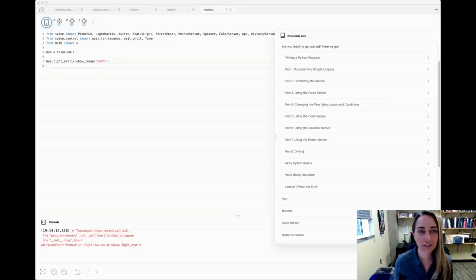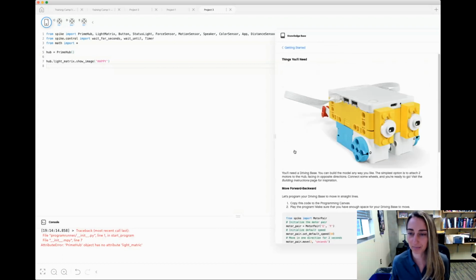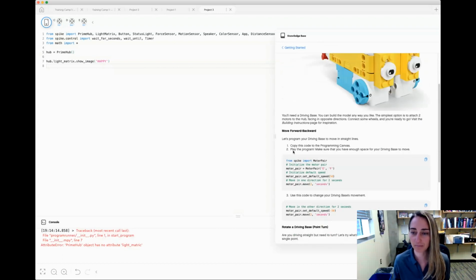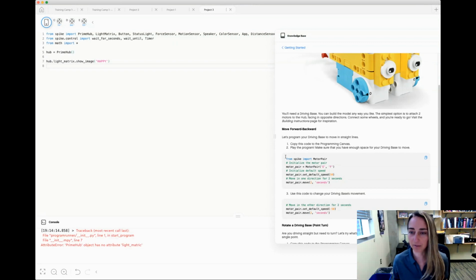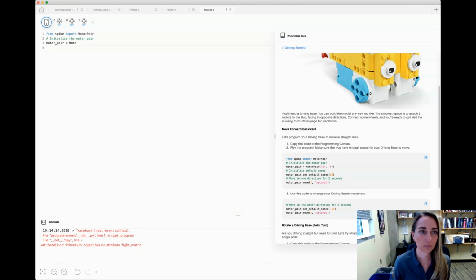Okay, I'm going to quickly show you how I go from this example program to getting a rover driving using Python. So in the previous video, I recommended going through all of our different examples here because I know I want my robot to move. In this example, I'm going to switch straight to the driving one. Okay, and I'm going to go ahead and take advantage of being able to copy and paste this code into my, let's see, I want to copy all of it,